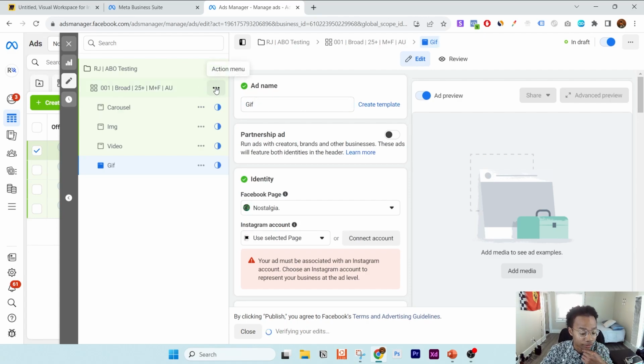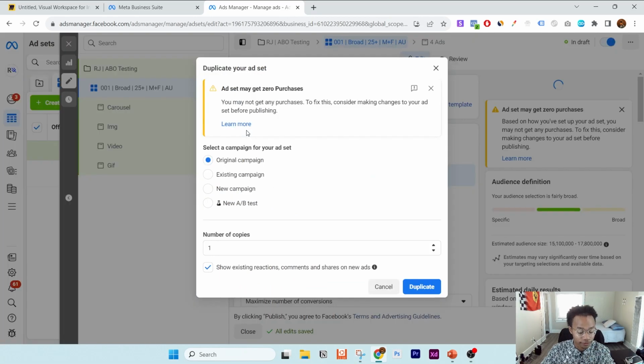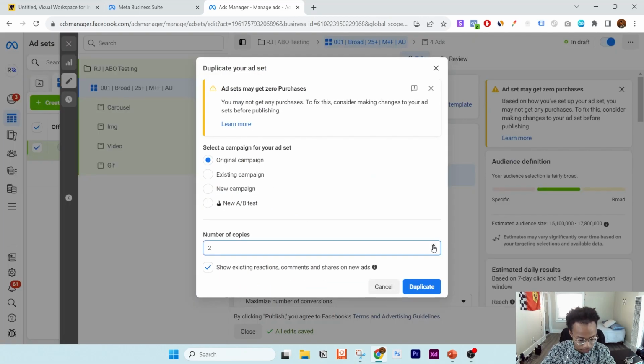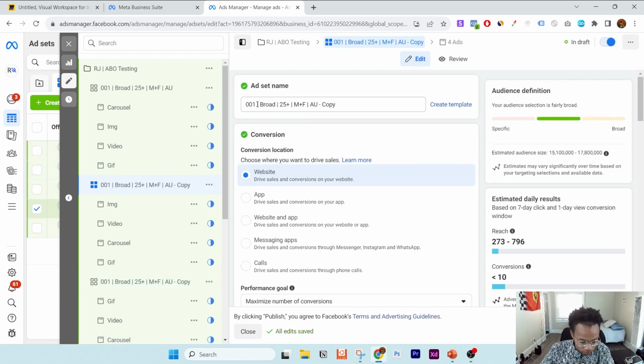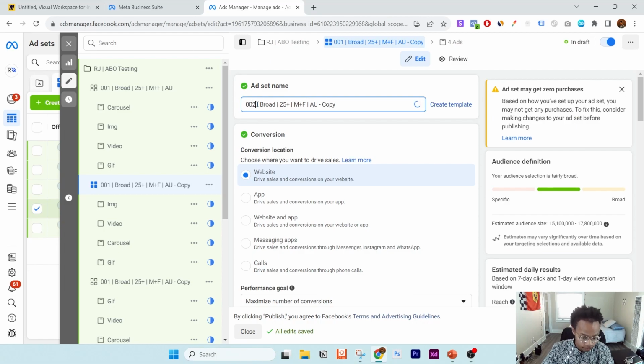So now what we're going to do is, because we have all of these creatives in place, we're going to want to duplicate this 4 more times to give us a total of 5 assets. And of course, once it's loaded, you're going to want to change this. Let's go 002. We're going to change this to, for example, let's say we're advertising a dog toy, right? So we're going to come down here. We're going to remove this copy because it's not a copy. 002, we're going to come down to